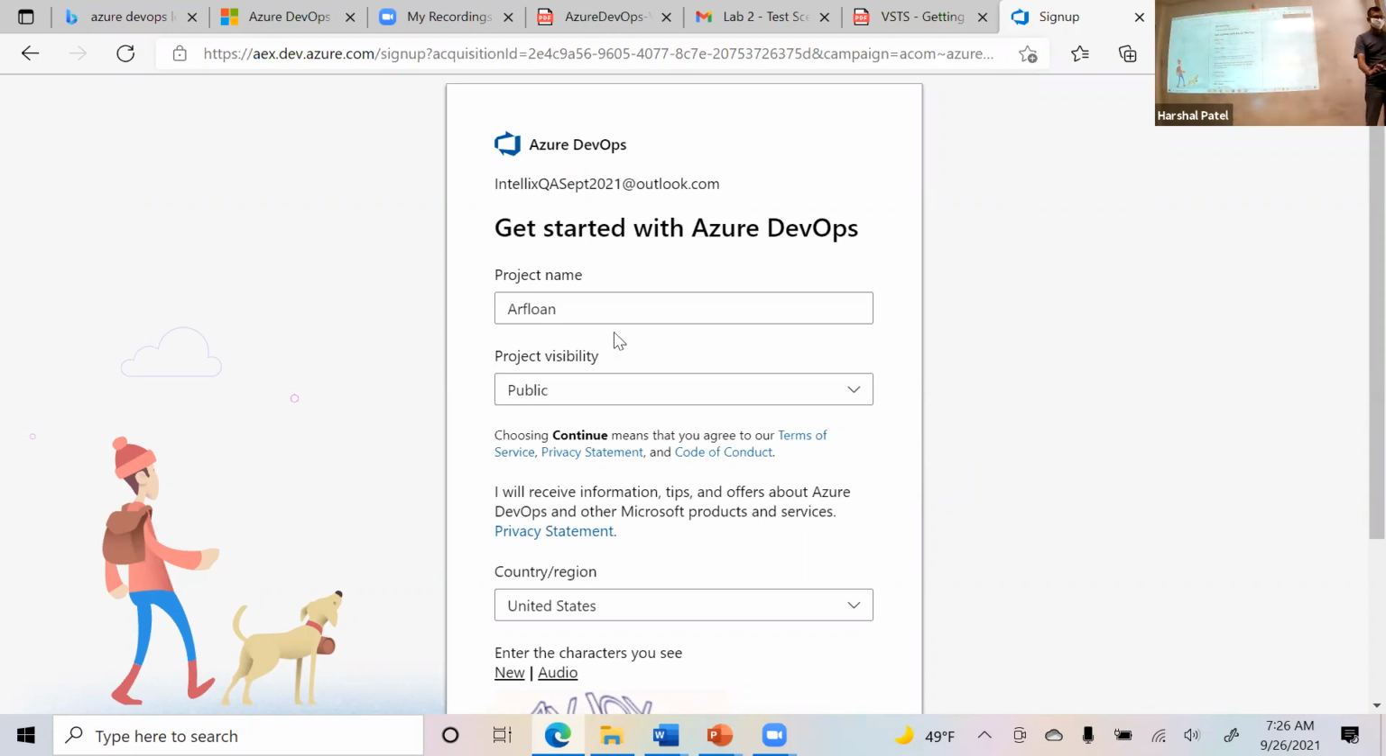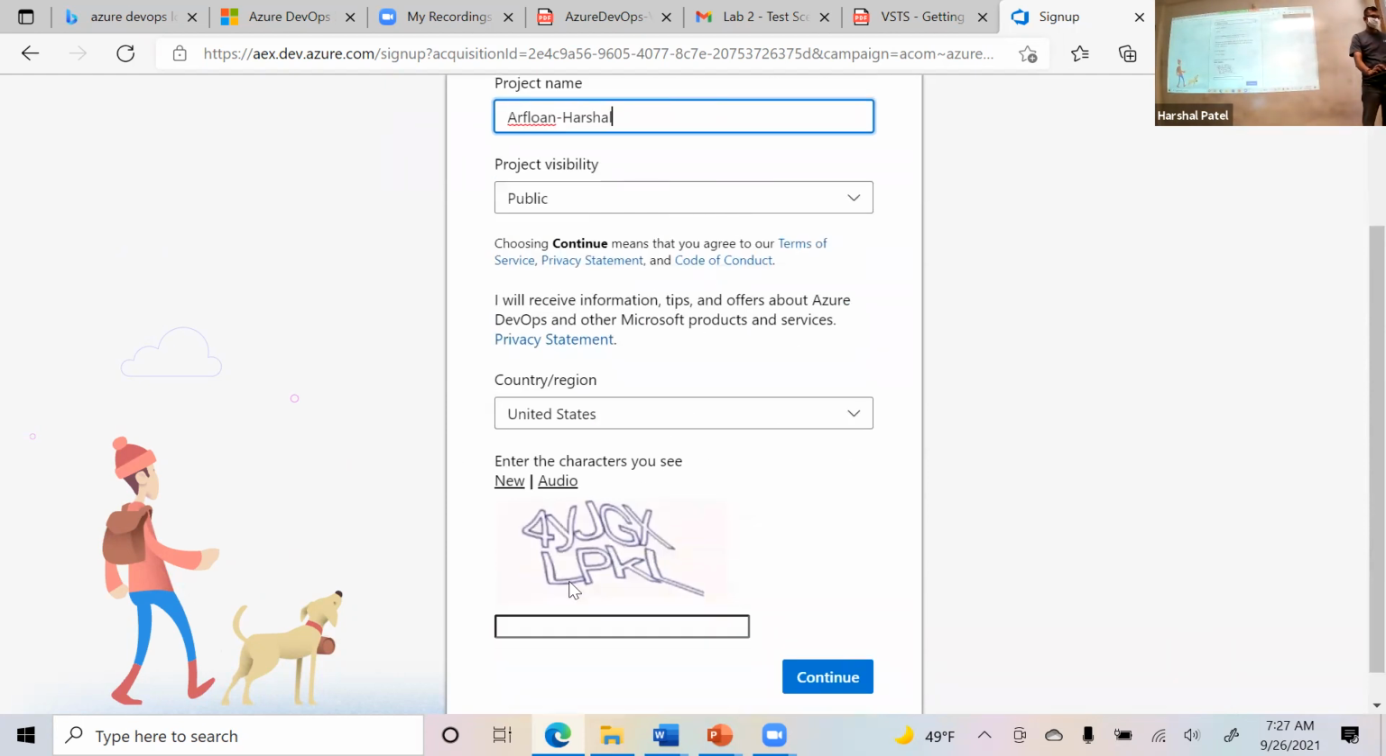The only thing would be if the project has the same name, you might get into conflict. So it might ask you to change the name of the project, and you can put your name, whatever your name is. I can put Arflo and Harsha. It doesn't matter because we are working in silos. But this will help you share your project work with other team members easily. There is another way around it as well, but go with this approach. Airflow dash whatever your name is, just put that name, make it public, and then whatever you have to do,